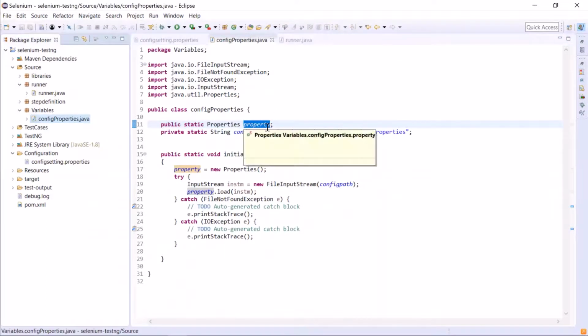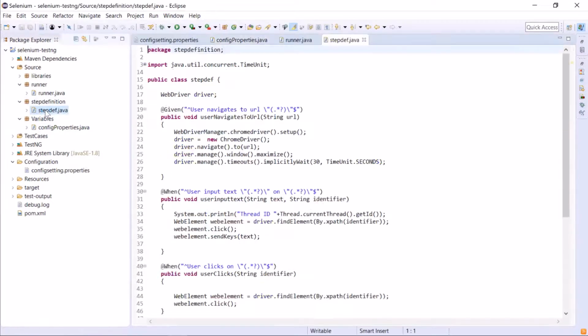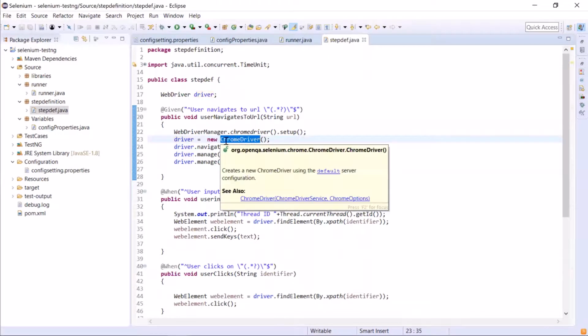To utilize these property values from the configuration file, let's go to the stepdef class. Here you can see that we have created the WebDriver object using Chrome driver, so it means our execution can run on the Chrome browser only.